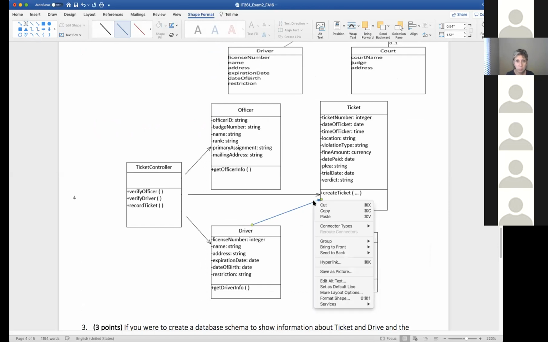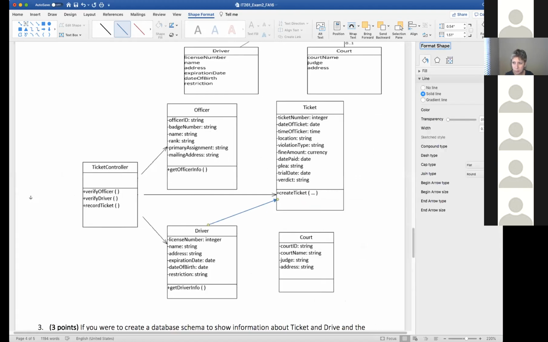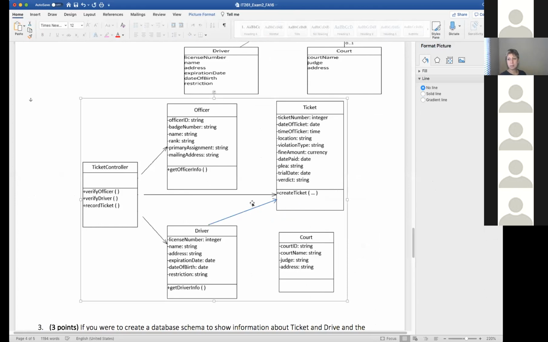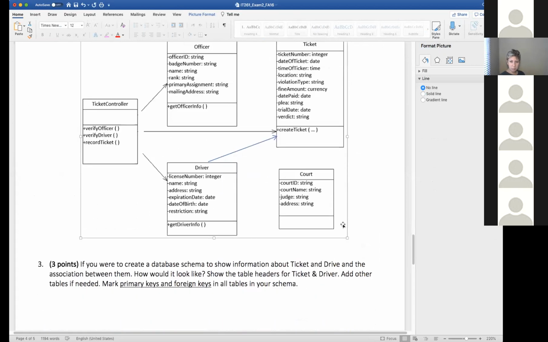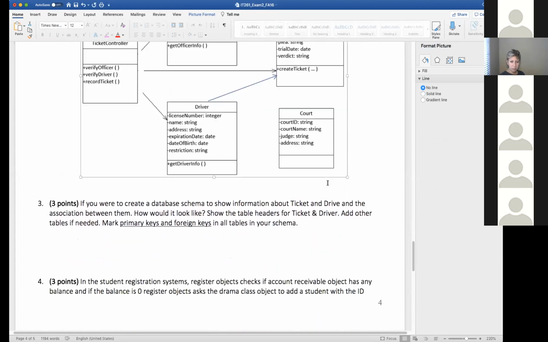But I'm working with Word, so how did I change the arrow type? Is it a quick link or I should just go to format? So the arrow should be begin end. Navigation visibility is none of this. Let's see, yep, it's this one. This is navigation visibility. Because you have a triangle, it's filled, it's inheritance hierarchy. So this is one more, and